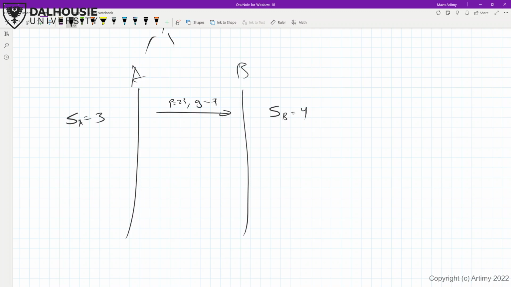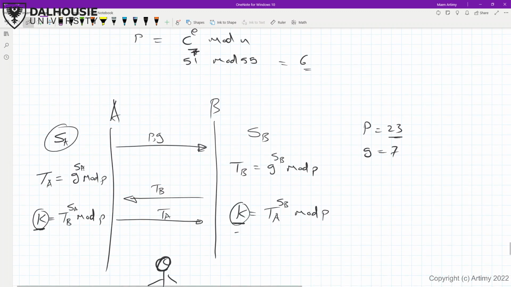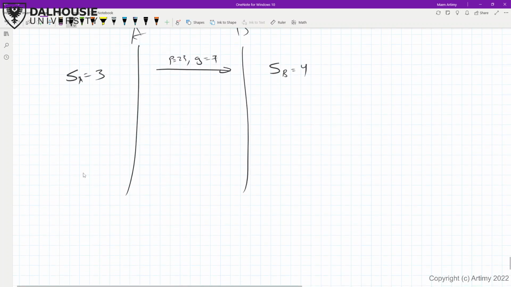They take G to the power S, G to the power SA mod P. So G, or let's use the numbers right away. So 7 to the power 3 mod 23 and 7 to the power 4 mod 23. So that will give us